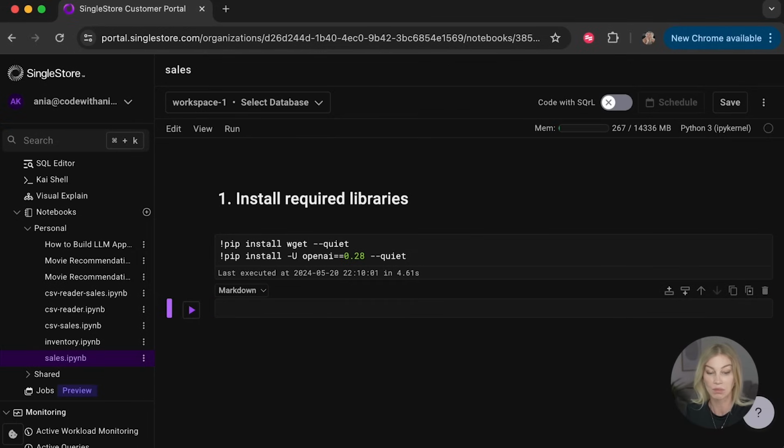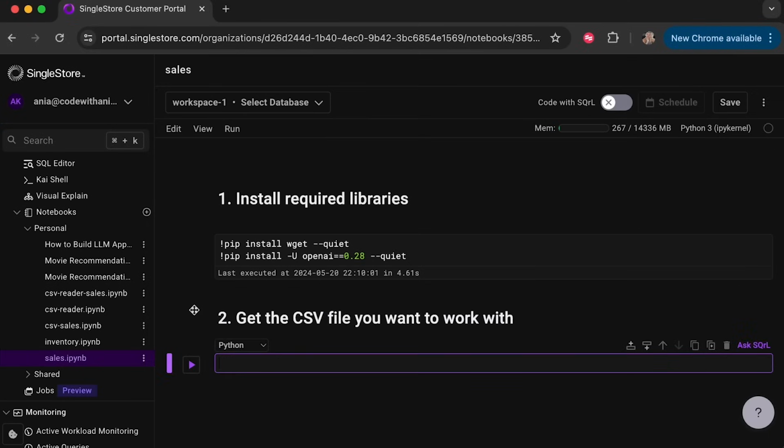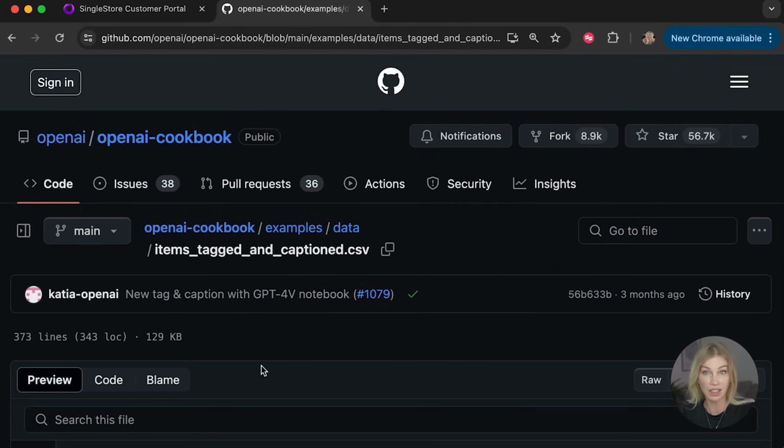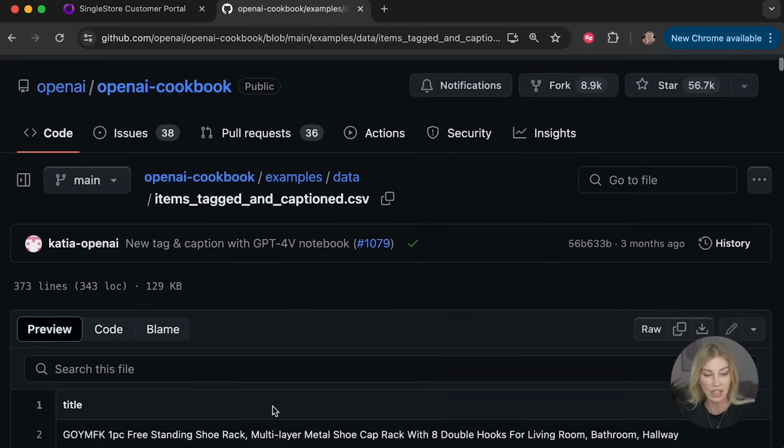Next, so I'm just going to put this in Markdown again so we can see what we need to do. We're going to get the CSV file that we want to work with. So by this, essentially, I'm not going to write out my own inventory data. Instead, what I am going to do is take some existing data, okay? I am going to put the link to this in the video description below, so please visit this URL right here. In order to get this data, it is a CSV file called items tagged and captioned,